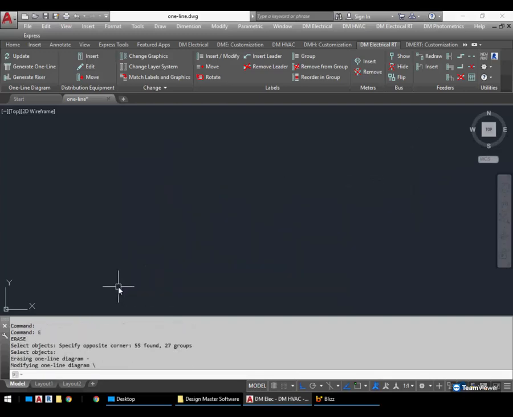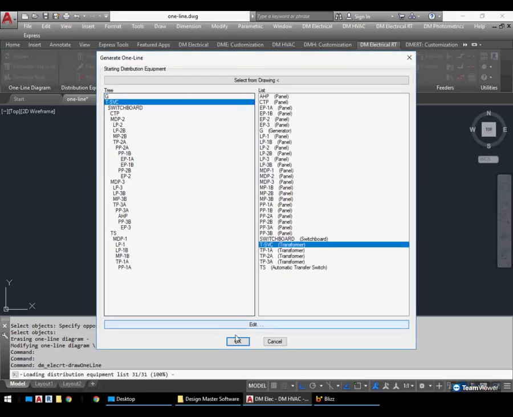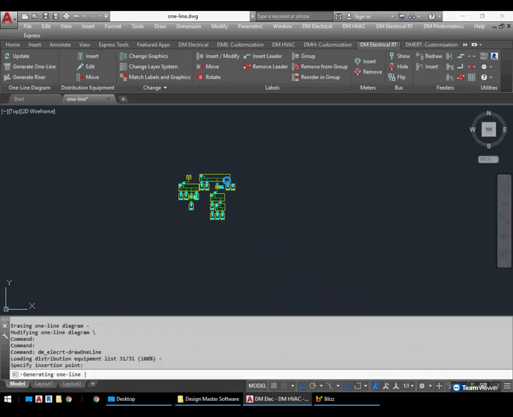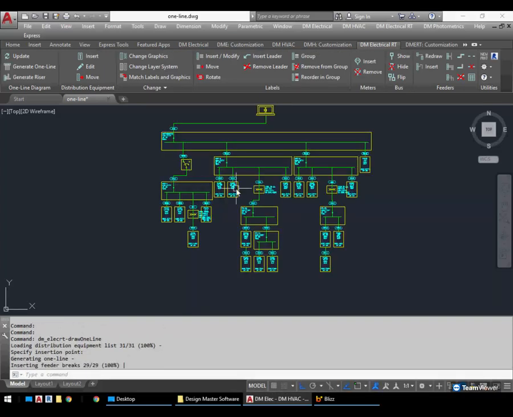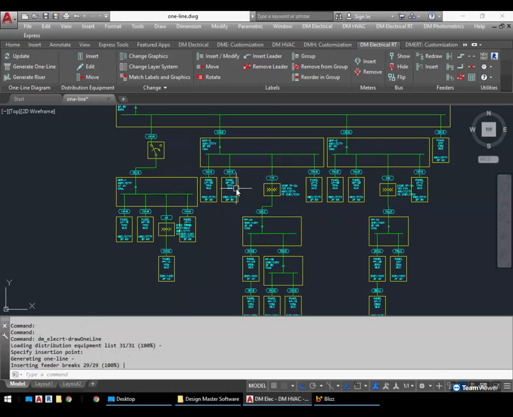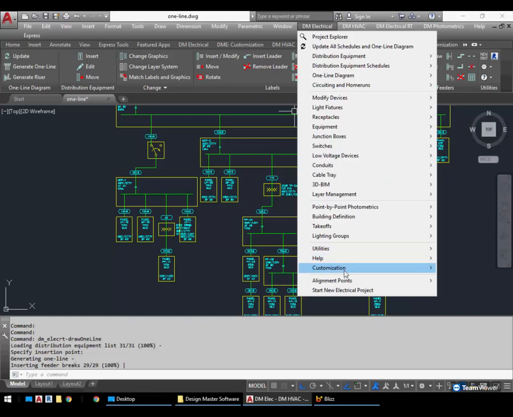All right, then I'm going to take a look at a couple options that control what gets drawn with that generate, because we are generating all the little pieces, and it's laying it out, and it's doing the best it can, but there are some places in the options where you can give it a little bit of a hint as to how to lay everything out. So first, I'll just put the generation in from the top, and everything here is fairly tight together. This is set up to not have a whole lot of extra space in it. The spacing is controlled in your options